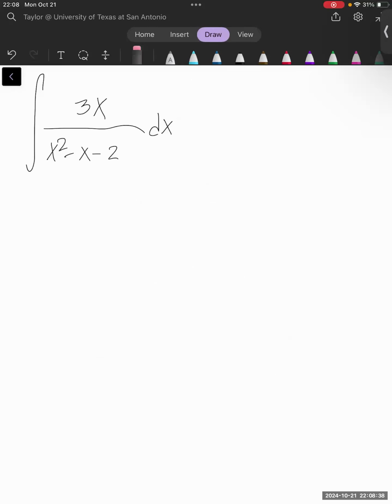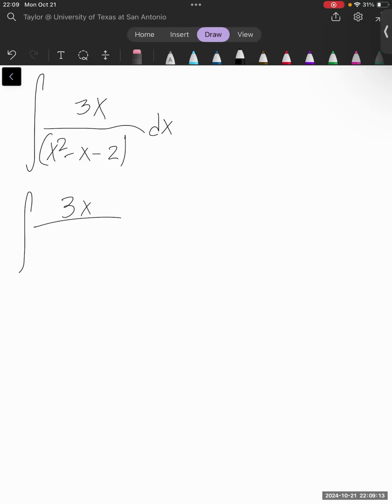All right, so the next example, we're going to move on. We're going to move topics now. We're going to move to partial fraction decomposition, or rational functions, depending on how you look at it. So the first thing we want to do to approach this problem is we see that we have a quadratic polynomial in the bottom. And this can be expressed as